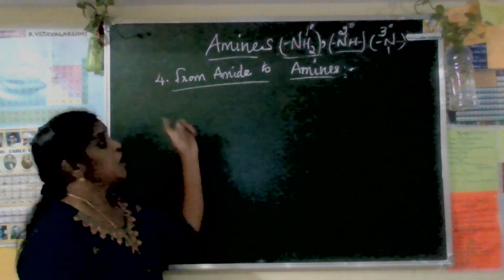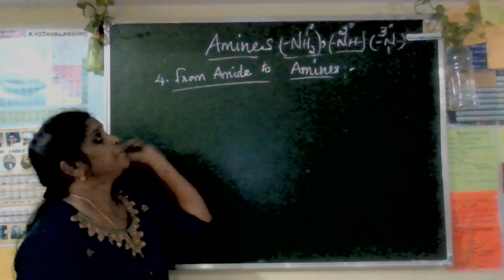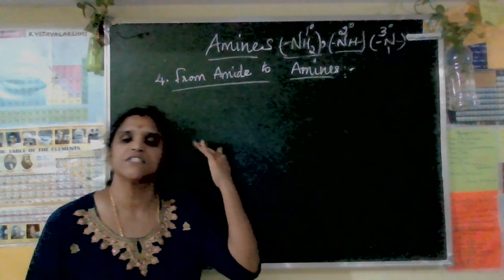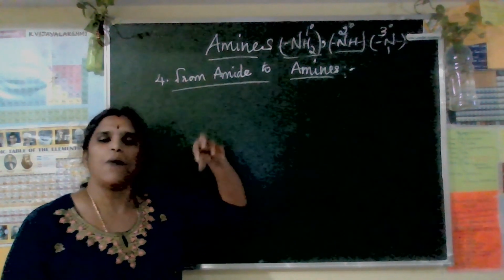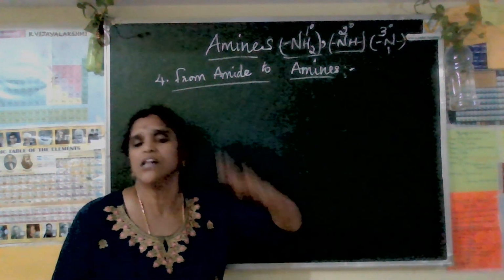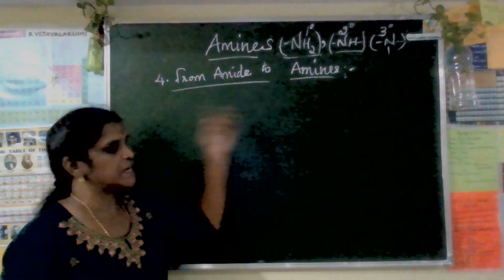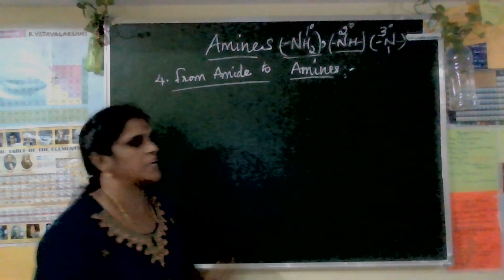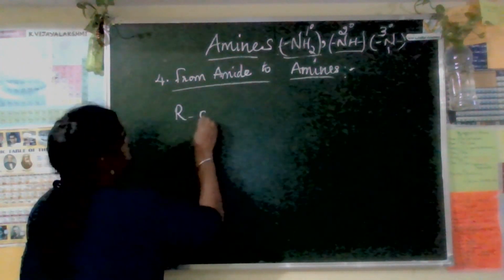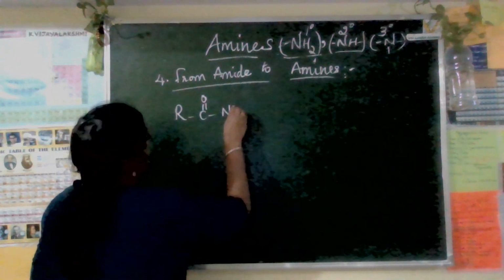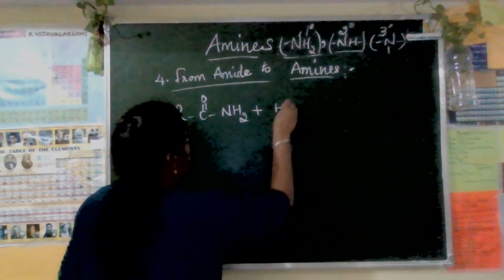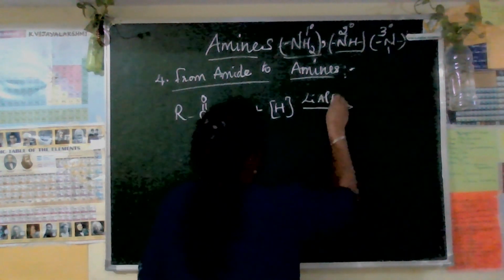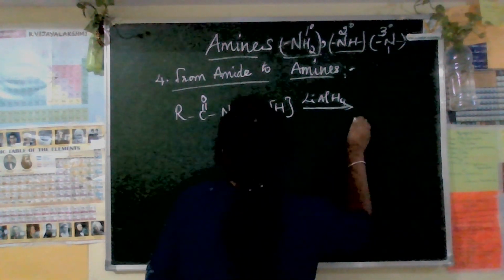Now the next question, how do we get amines from amide? It's very simple and easiest. This reaction also undergoes a reduction process. Okay, generally amines, the preparation methods all come from reduction process only. Please remember that trick. Okay, now in this process we are using lithium aluminum hydride. Now amide, R C double bond O NH2. So this is amide combined with hydrogen. Okay. In the presence of lithium aluminium hydride, you will get what,